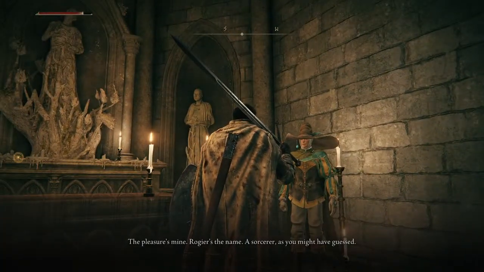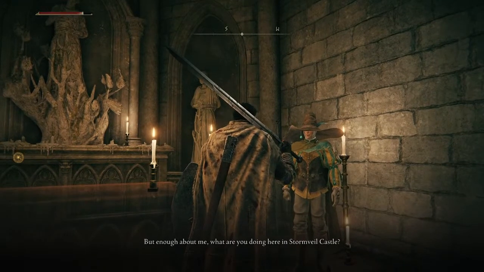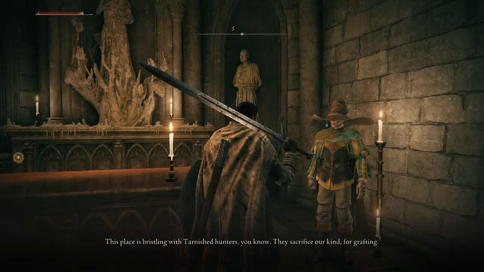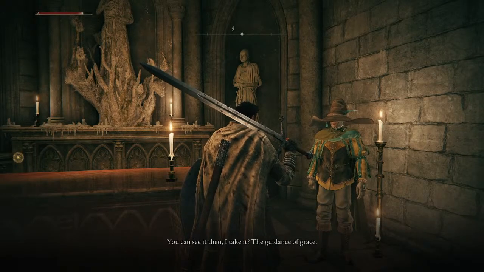The pleasure's mine. Rogier is the name. A sorcerer, as you might have guessed. I'm looking for a little something here in the castle. When I'm not hot-footing it from the troops, that is. But enough about me. What are you doing here in Stormveil Castle? This place is bristling with Tarnished hunters, you know. They sacrifice our kind for grafting. Not exactly a place I'd stroll into with... I see. Here to challenge Godrick and lay off... You can see it then. Well, I'm Tarnished, but unlike you, I've seen neither hide nor... Still, I won't forget how it felt. I'm privy to a few magic... Would you care to learn one? As a fellow Tarnished...